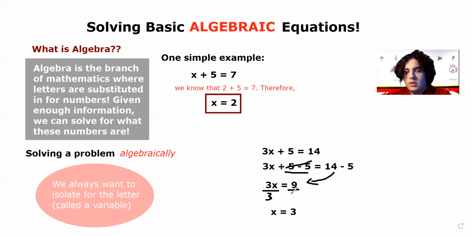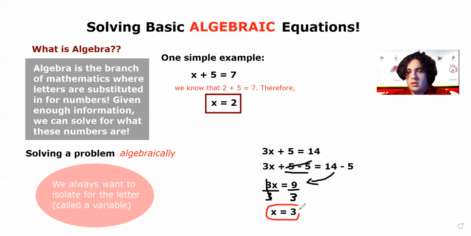The reason is that 3 divided by 3 is just equal to 1, and I'm left with 1x in my final step. Remember, whatever I do to one side must also be done to the other side. 9 divided by 3 is going to give me my final answer,